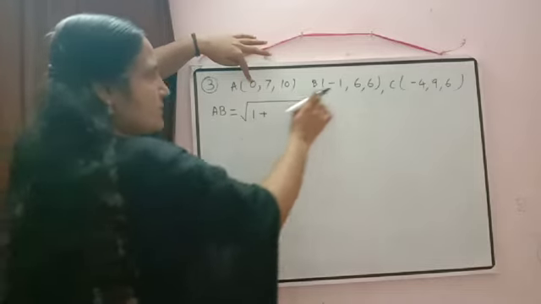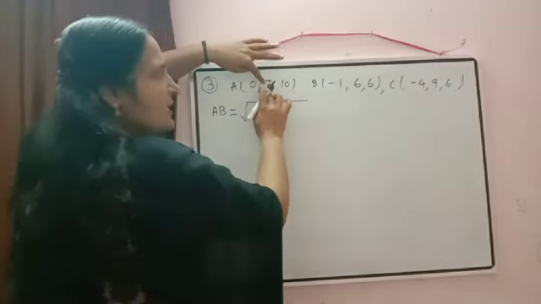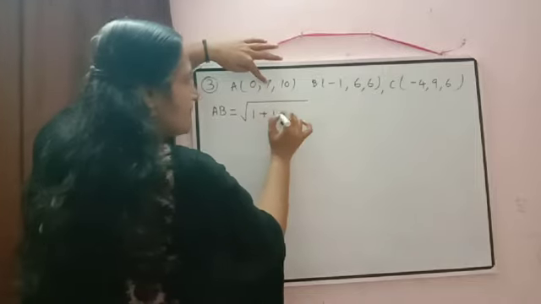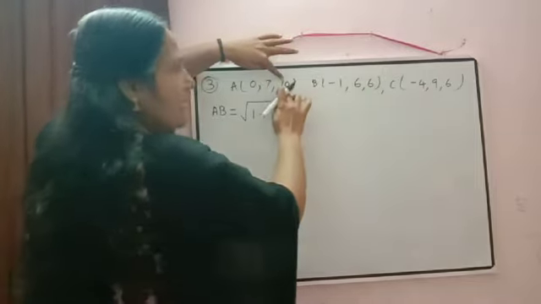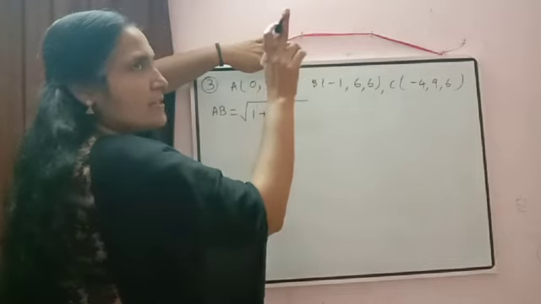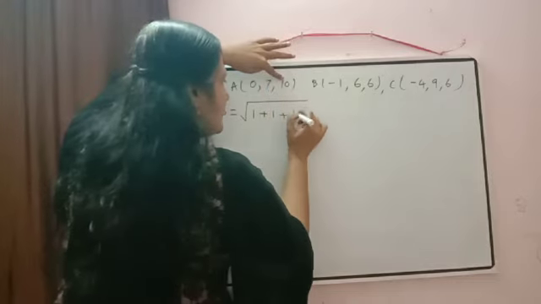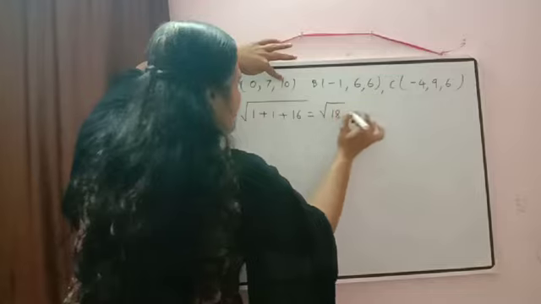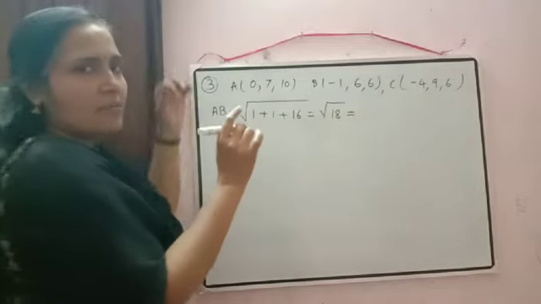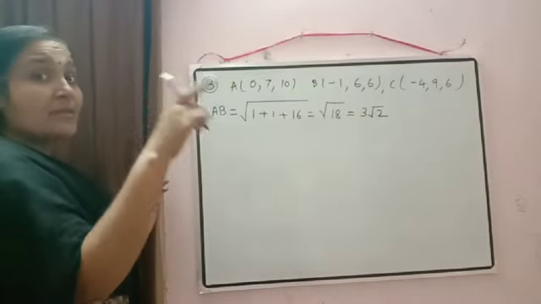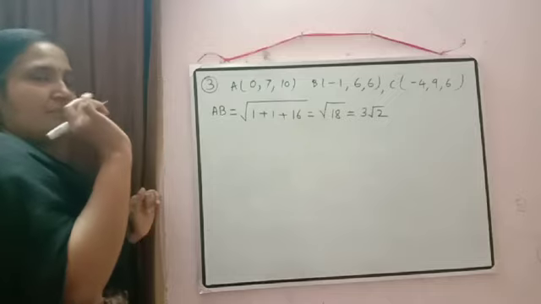Okay. Then next one, 6 minus 7. 6 minus 7, minus 1. 1 square is 1. Okay. Then next, 6 minus 10 will be equal to minus 4. And minus 4 square is 16. So we are getting here a square root of 18. Square root of 18, just to simplify it, what will come? Yes, it will be equal to 3 root 2. Correct? Because 9 and 2s are 18. And 9 is 3 into 3.